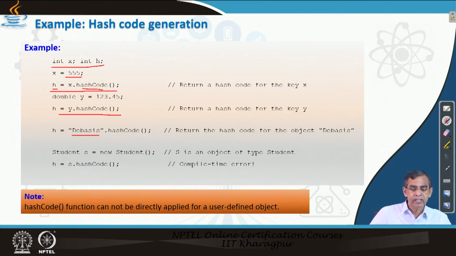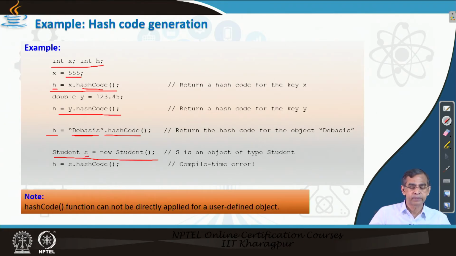Now, for a given string also, there is a hash code. Usually we use a password or login ID. The computer converts those passwords or login IDs into a hash code, and that hash code is a one-way function. Given the hash code, it is very difficult to come back to the original. For example, this is the string for which the hash code h will be returned, and from this you will not be able to work out the original input string for which the hash code is h.